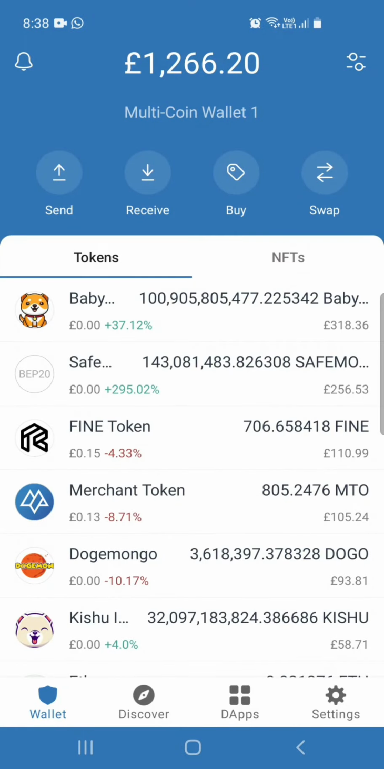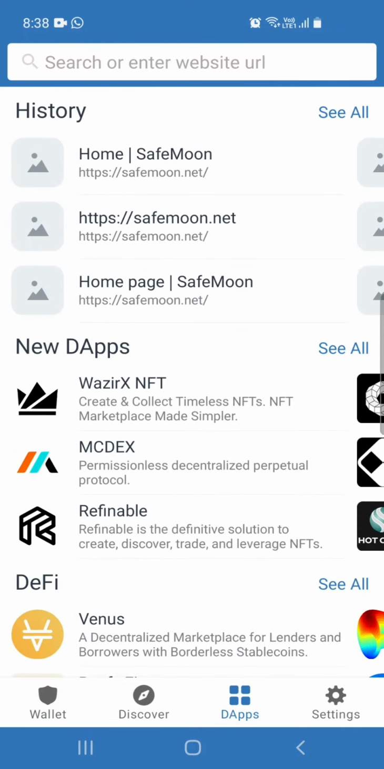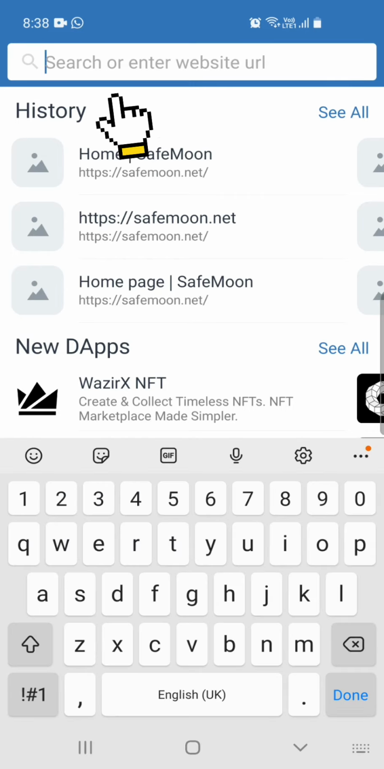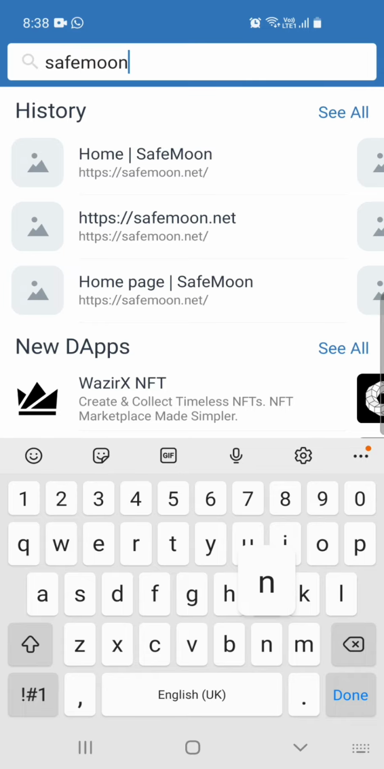Today I'll be showing you how to migrate from SafeMoon to SFM v2 using your Trust wallet. First you want to go to the apps. From here you want to input the URL, which is safemoon.net,